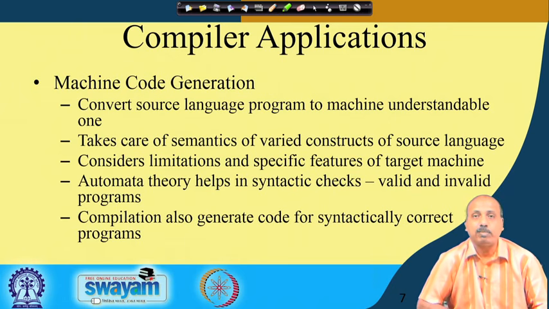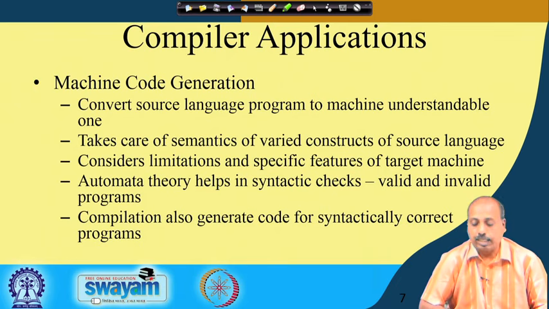Automata theory helps in the syntactic checks. It can classify the program as either a valid one or an invalid one, but it does not answer anything beyond that yes and no. But if the answer is no, the compiler still has to give enough indication of what exactly went wrong in the program. That is the challenge. The compiler designer should not design a compiler that, given a wrong program, just says the program is syntactically wrong. It should tell: at line number 10 there is this error, at line number 15 there is this error, at line number 30 there is this error. You see that we get this type of message.